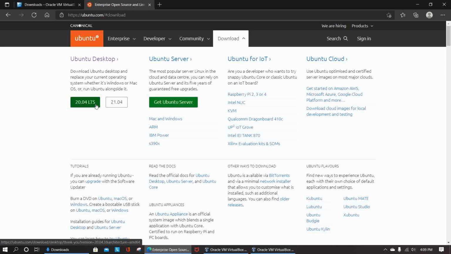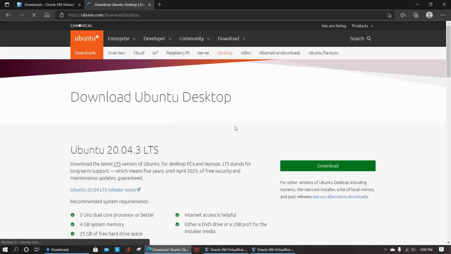We try to download the latest version, and LTS means long term support, which will give you support for at least 2 years to run Ubuntu for free on your operating system. So you have to just go to the Ubuntu desktop and download.